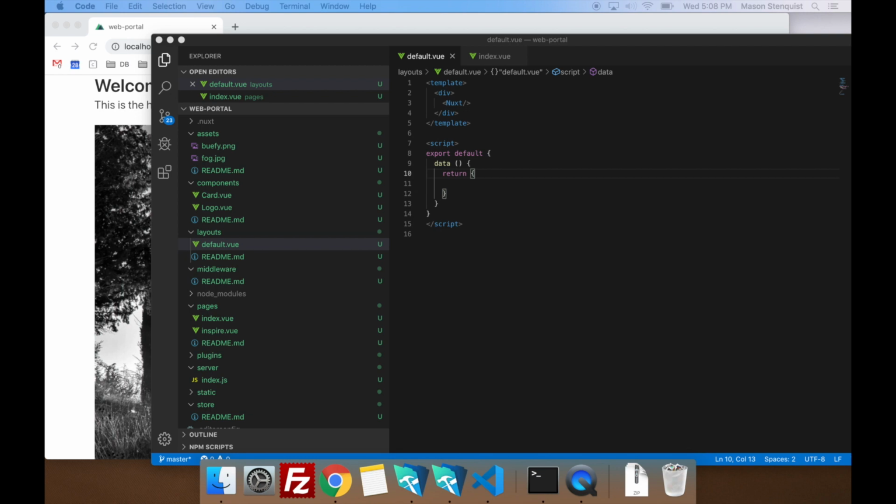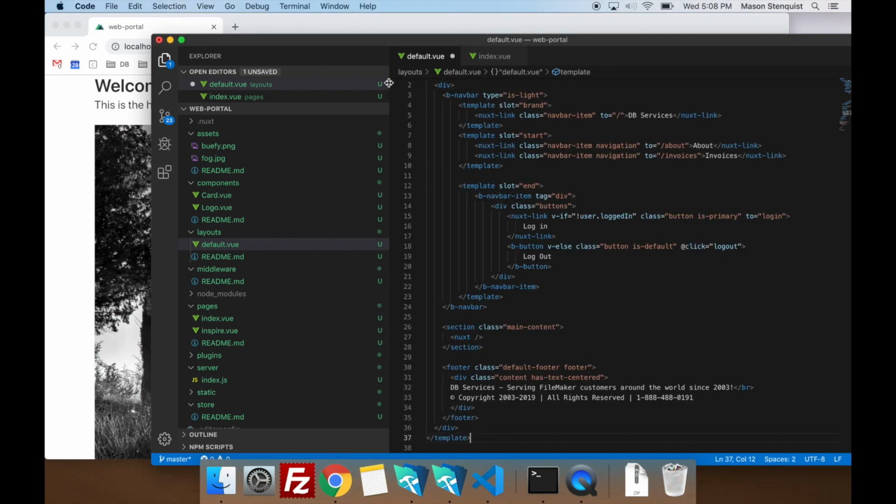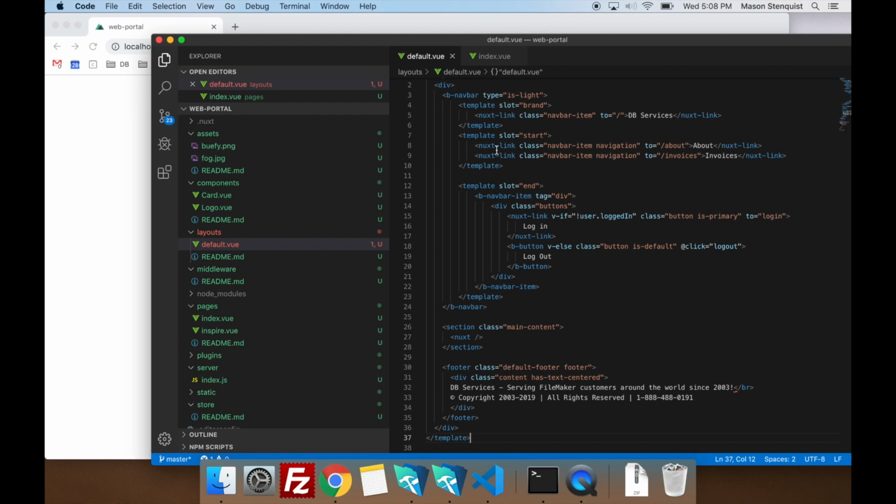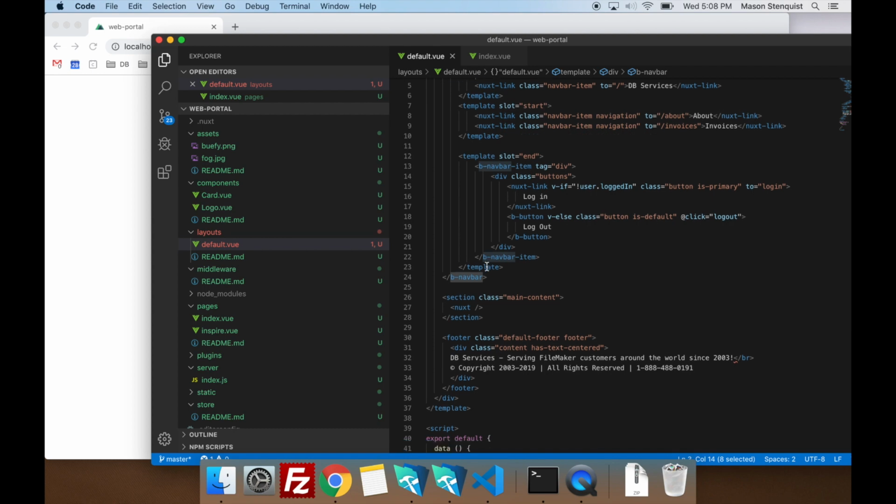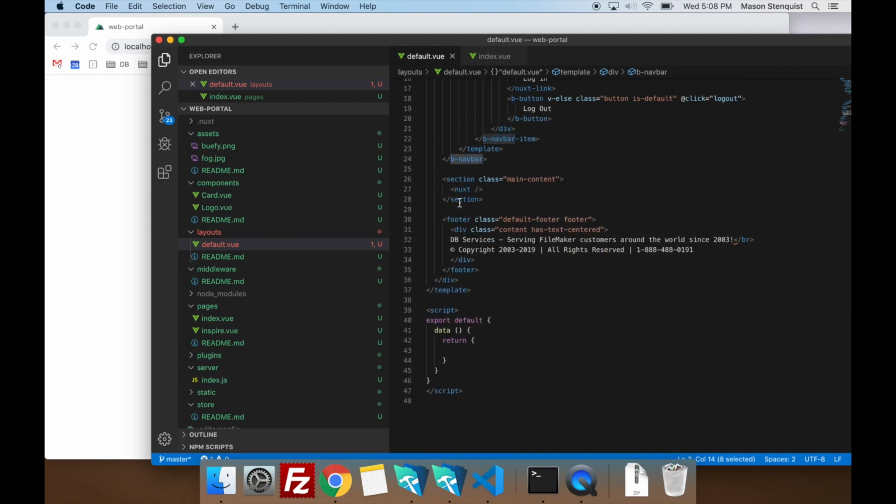So I'm just going to grab this again. This is just some information or some components from Buefy, this b-navbar, the footer, a few different things.